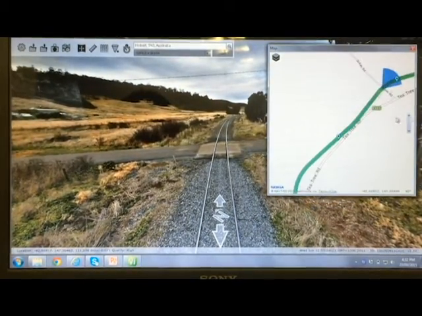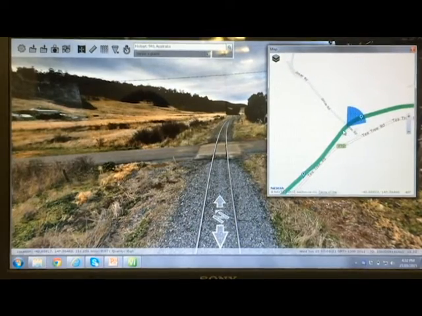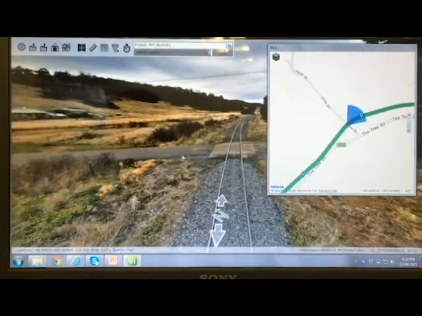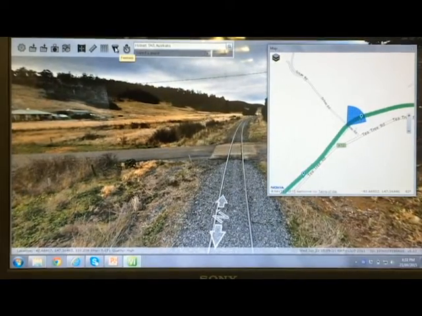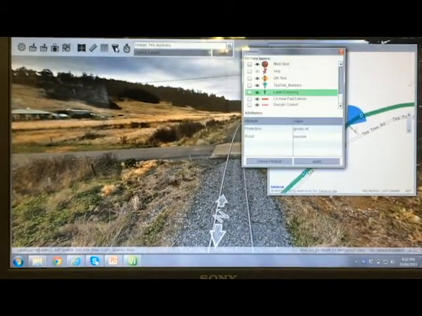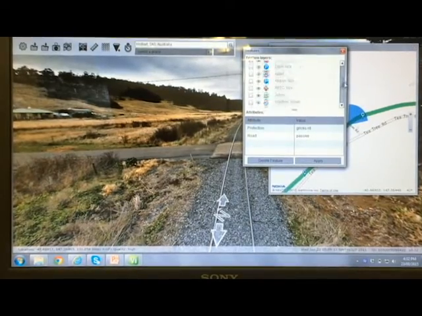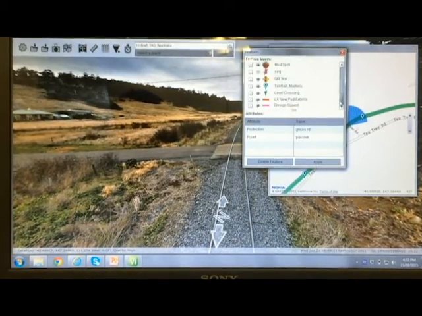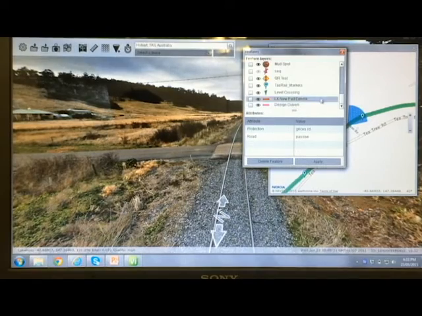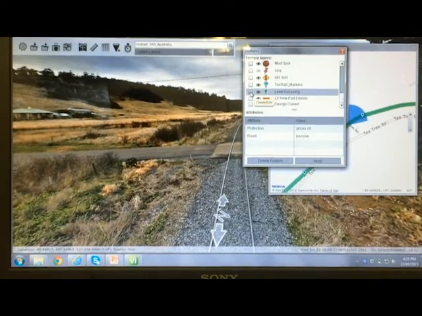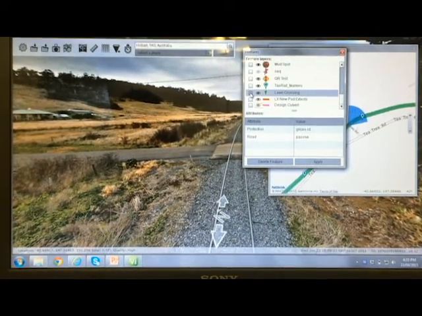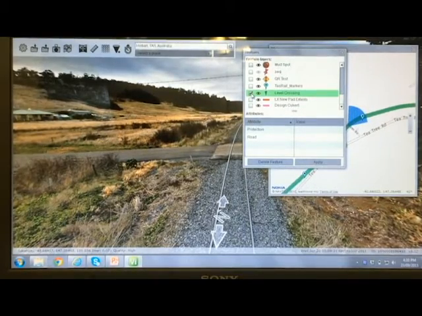Here we have navigated using the map to the Grice's Road level crossing. The tagging function of the viewer is selected, and then a list of pre-configured assets is available. These are all configurable by the user. We have already set one up to map level crossings. By checkboxing the level crossing icon,